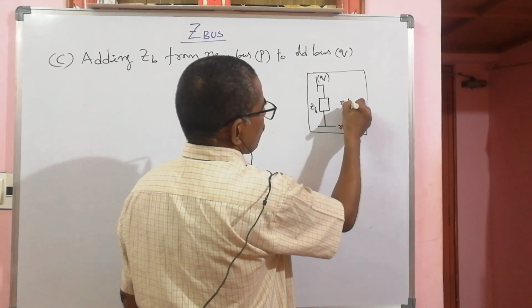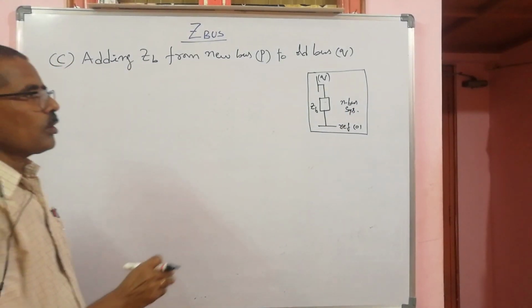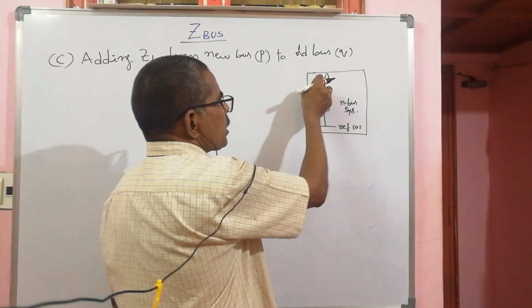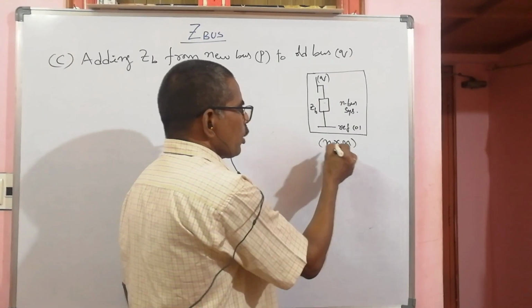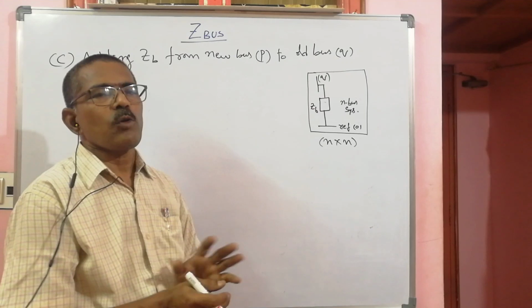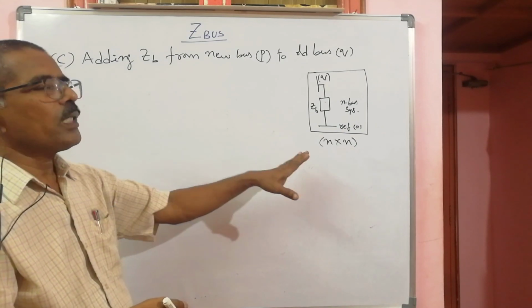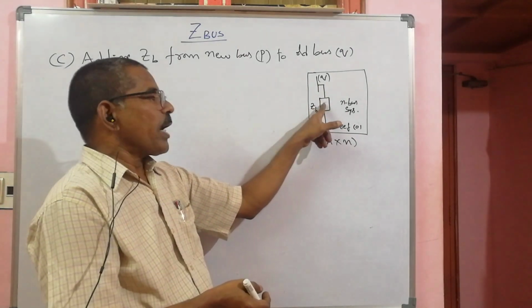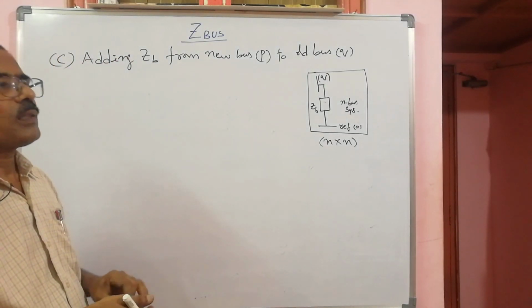This is N bus system. Okay, so you are not adding anything extra. No new bus is coming. Within the system, existing bus to reference you are adding. So the dimension n by n is not going to be raised. The system size, system dimension is going to be n by n only, because no additional buses are coming. If you are adding any new bus, then the dimension is to be increased. Now you are not adding any new bus, it is only adding a branch impedance between existing bus to reference. So size remains same.